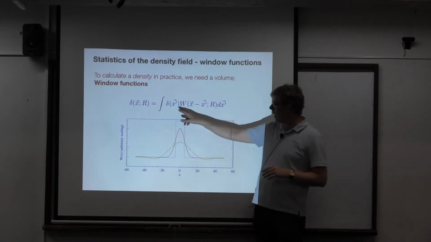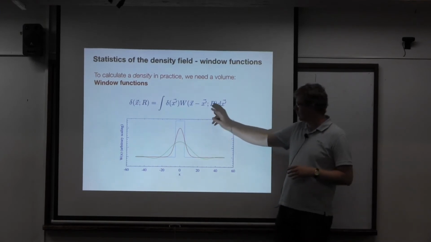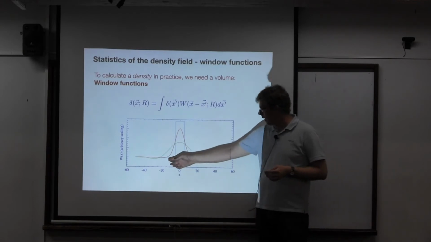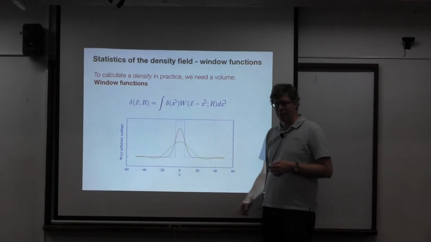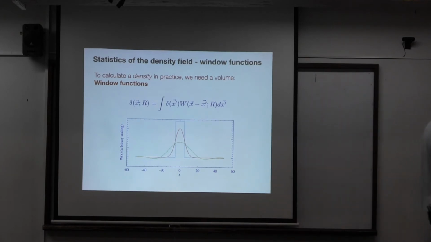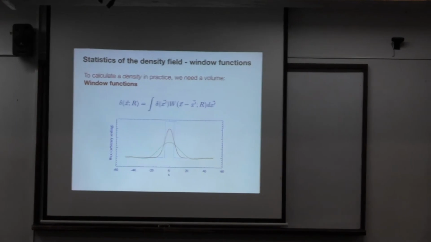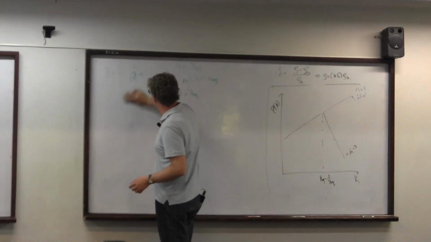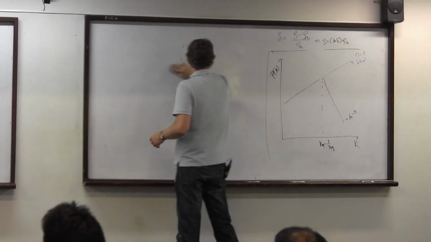So generally we allow for different types of window functions. And I summarized them here. You don't actually need to know what they look like. I think the most pleasant one is a Gaussian. I should write down what a Gaussian is because we're going to use it a lot now. So a Gaussian function in one dimension is: